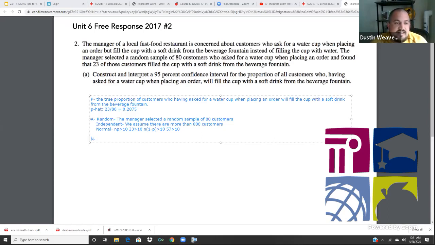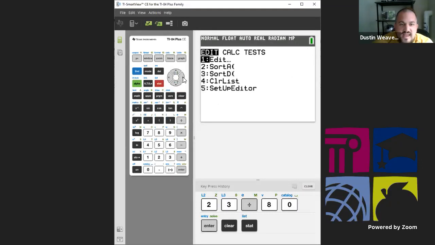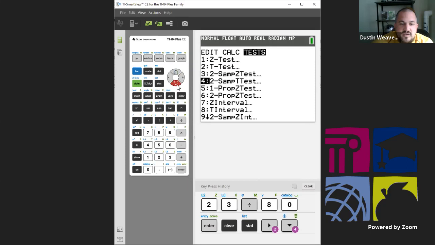So now we can name this. This is a one proportion Z interval. And we can actually get the actual interval at this point, right? So at this point, we have named it, and we can now go and get the interval. So we have P, A, and N. So we want a 95% confidence interval. So I can now share my calculator. And as I share my calculator, I'm going to go to Stat Test, and I'm going to go to one proportion Z interval,